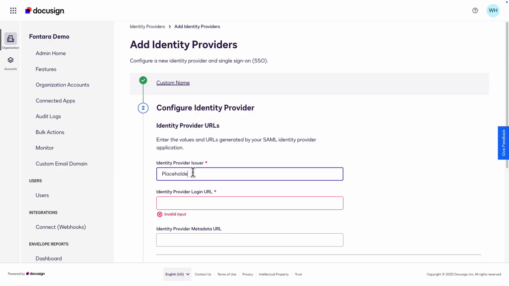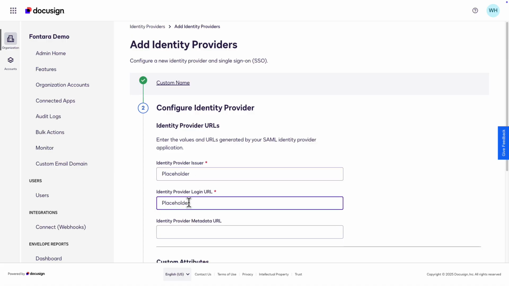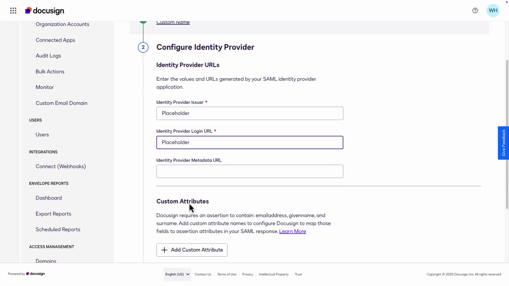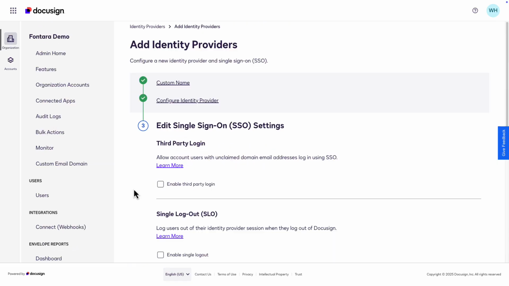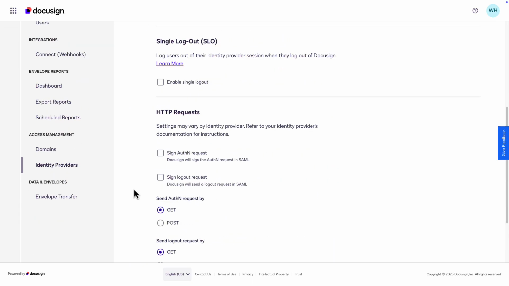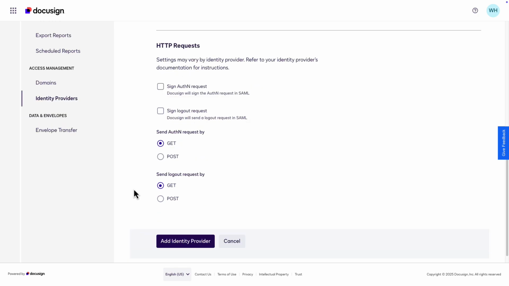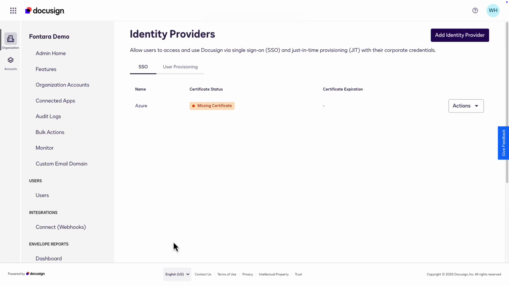Next, enter placeholder in each of the required identity provider endpoint fields. Click Next. The next page is where you configure SSO settings after you obtain the information from your identity provider. Click Add Identity Provider. Now that we have created an identity provider configuration within DocuSign, we can access endpoint information